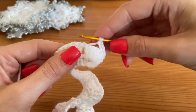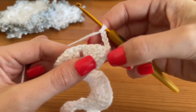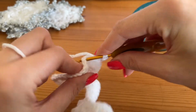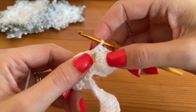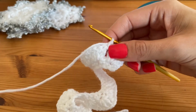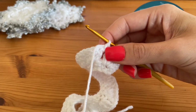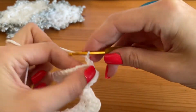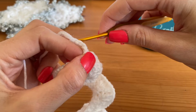Then we are going to single crochet into our chain 1 space, okay, so ignore your stitches there, we're going straight into this chain 1 space, so chain 5 in total, and then single crochet into the chain 1 space, or double crochet if you're using UK terms. Then we are simply going to repeat that all the way along, so it's going to be a chain of 5, 2, 3, 4, 5,